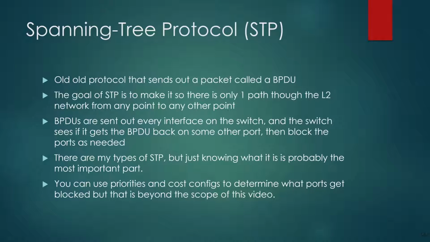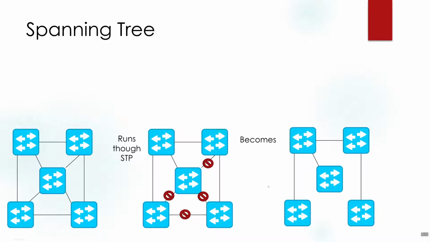So what exactly does this look like? If you have this topology here on the left, currently you can have a lot of layer 2 loops if it wasn't for spanning tree. So you can get a loop here, etc. You can see how if one packet came into the switch and it got broadcast out on all the other ports, and it got broadcast out on all the ports, and repeat that for every switch, you could have quite